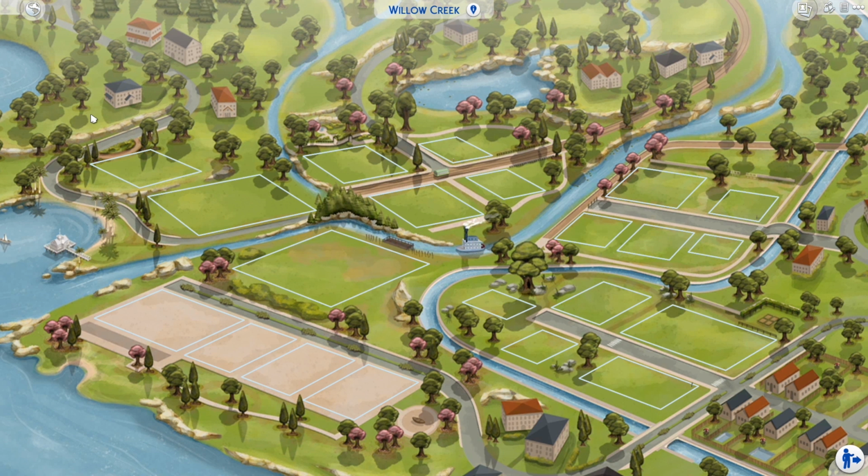And the version of this lot that I have, if you've ever looked at it, you notice that the front of the lot's here, but when you load the game, the front of the lot's here facing the road. So they've done that in some where the houses don't face the right way or they look weird. There's options when you download these maps where you can choose, when you get the file for